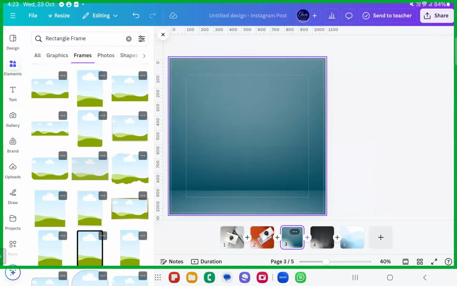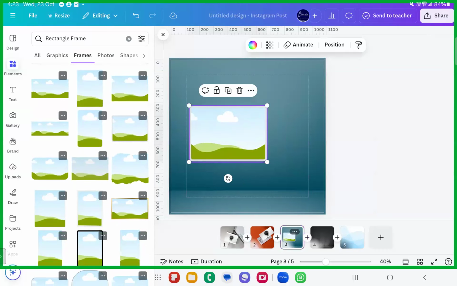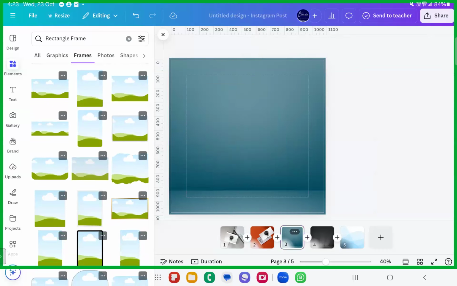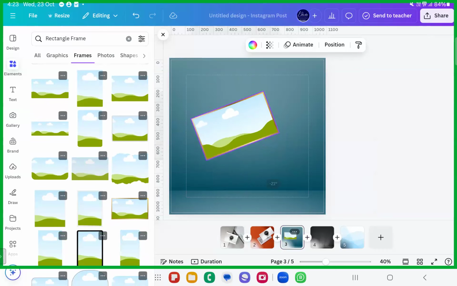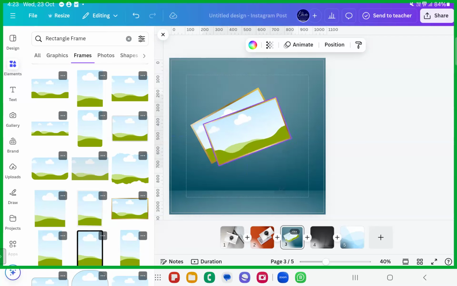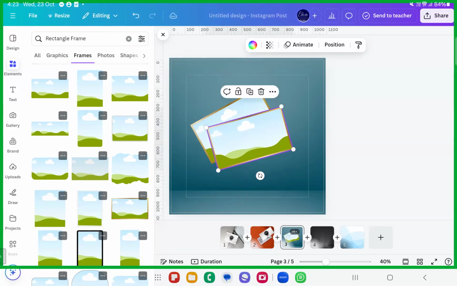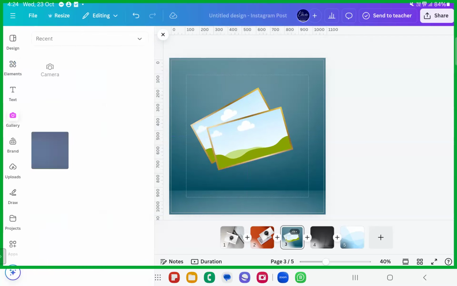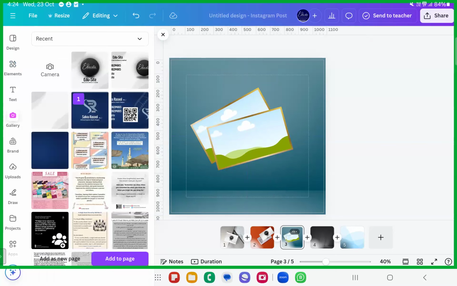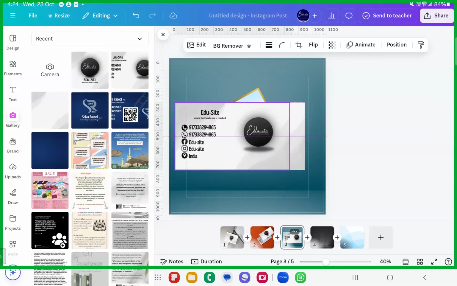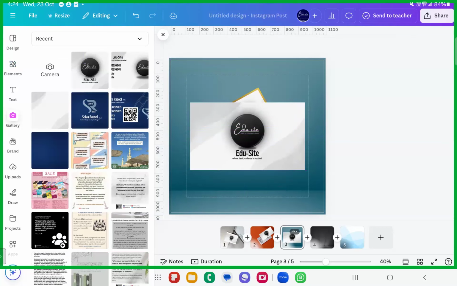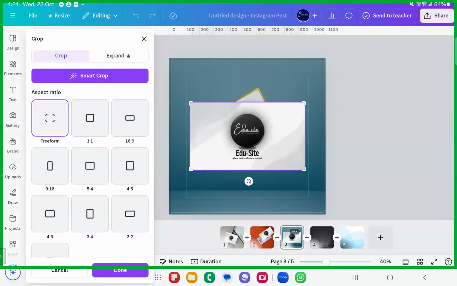Now we'll add this frame if you want. Okay, it's not totally rectangular because we want a business card piece. Okay, we'll take this one. If you want, we'll place it something like this. Another version, something like this. Here, something like this. And then we can go ahead with our gallery. We can grab our business cards, if you want the white one, add to the page. And this one behind, this one here.